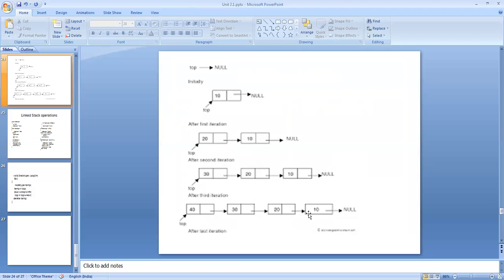They become garbage. So what I will do is I create one extra connection for the node having 40. I call that temp. Now both the temp and the top are pointing the same node. Then I move my top from this node to this node. What is this node pointed by what? This area is called top reference info, and this area is called top reference next. This top reference next is a pointer, and this is pointing this one.